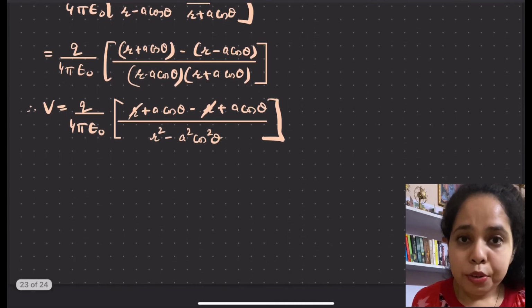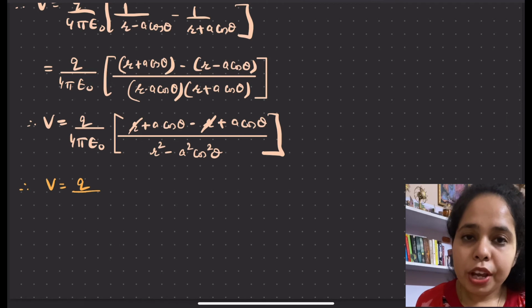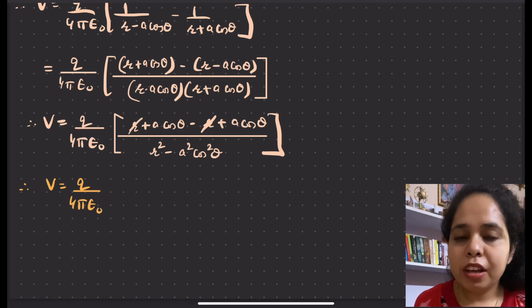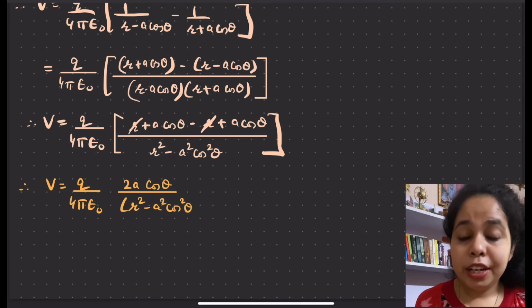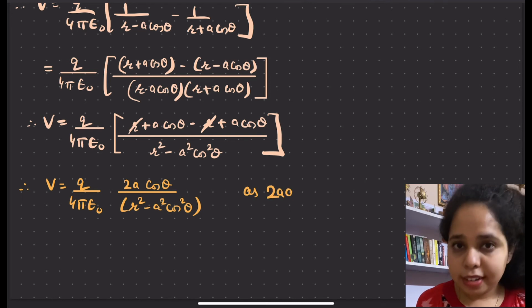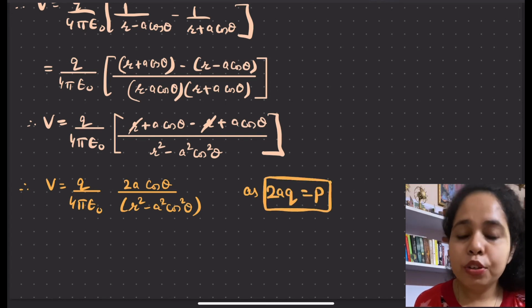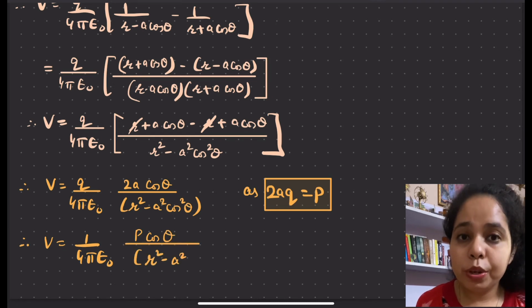So in the numerator we have just cancelled out r and r, so we are left with 2a cos theta. In the next step we have V is equal to 1 upon 4 pi epsilon naught, 2qa cos theta upon r square minus a square cos square theta. Now recalling the definition of dipole moment, we have 2aq is equal to p, that is dipole moment. Therefore replacing 2aq with p, we are left with the relation V is equal to p cos theta upon 4 pi epsilon naught, and inside the bracket we write r square minus a square cos square theta,